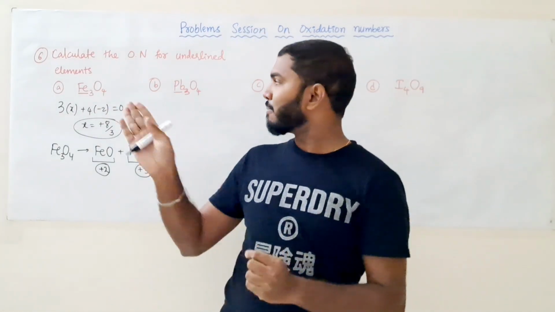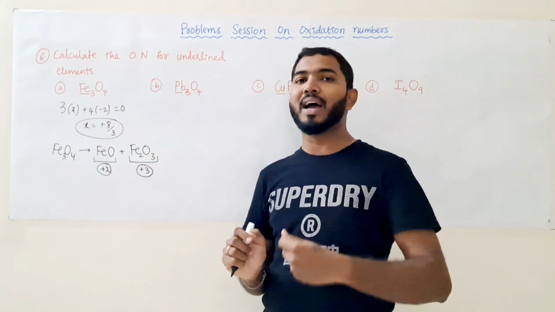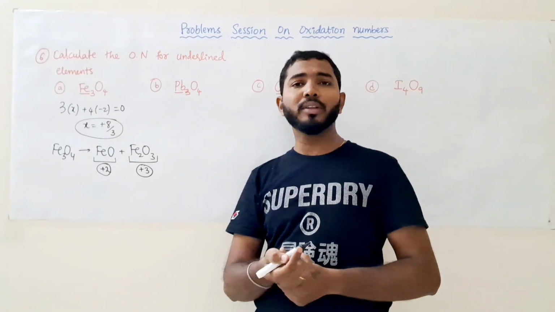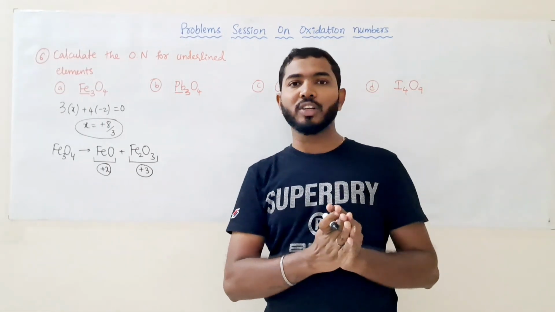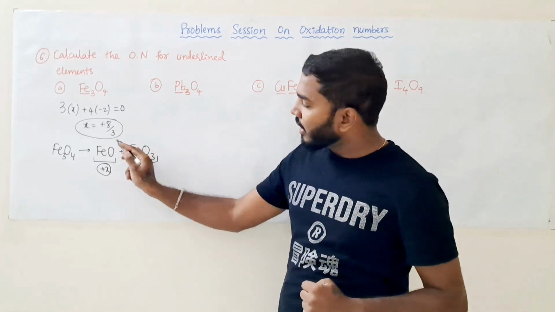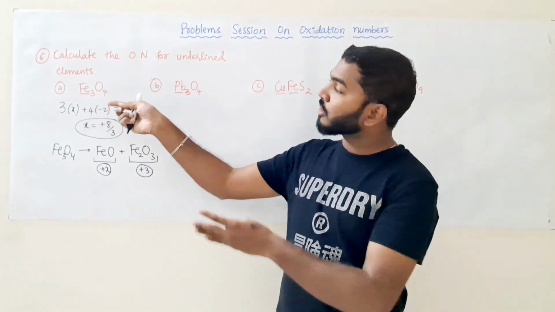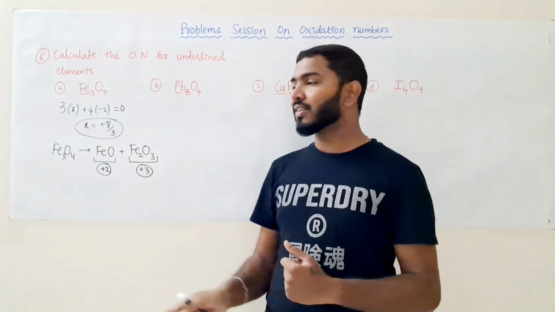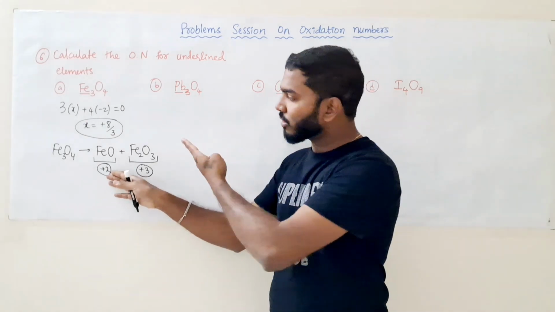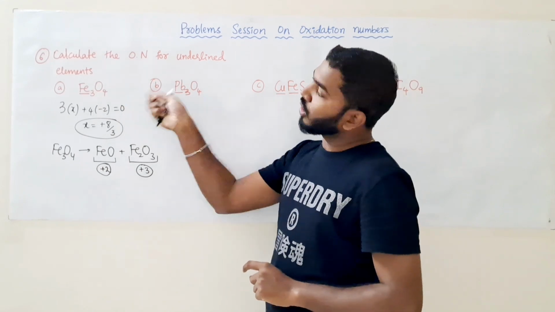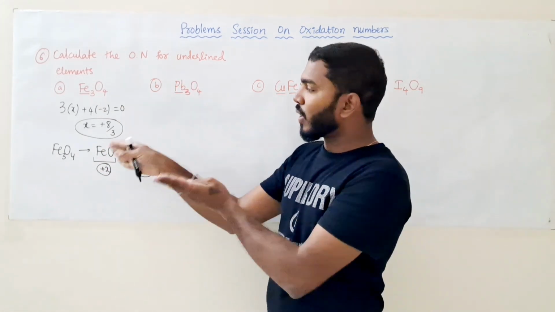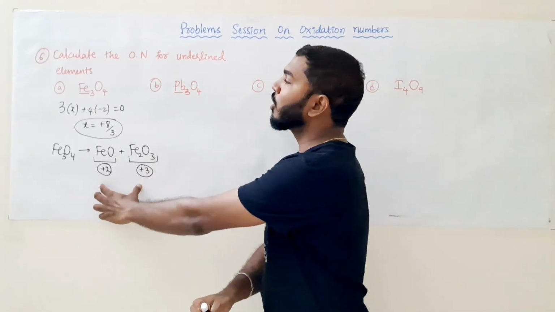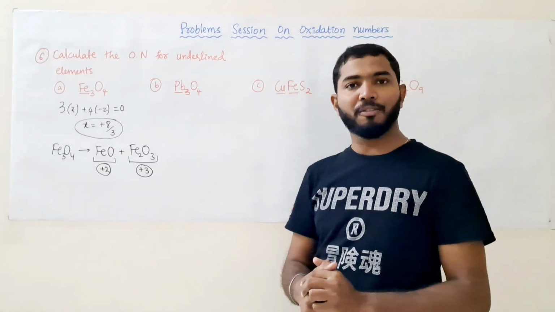So if we have been given Fe3O4 and they ask us to calculate the oxidation number, what do we need to go with? We have to go with +8/3 only. That is the average oxidation number. Even so, we can expect the oxidation numbers of the iron atoms in Fe3O4 to be, in a multi-correct question, options like +2 and +3. In Fe3O4, we can have +2 for one particular iron and +3 for another. So these are also the possible oxidation numbers for Fe in Fe3O4.